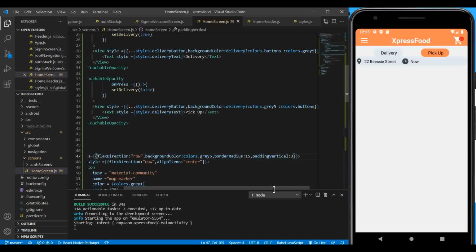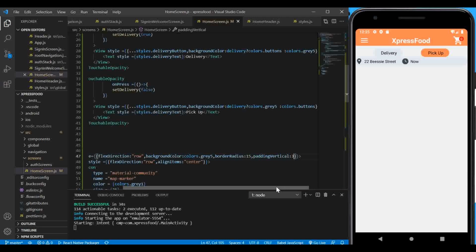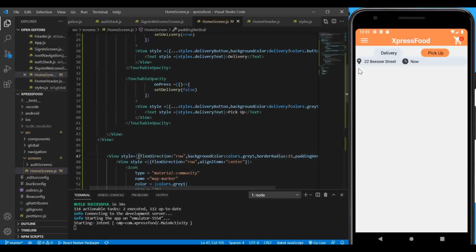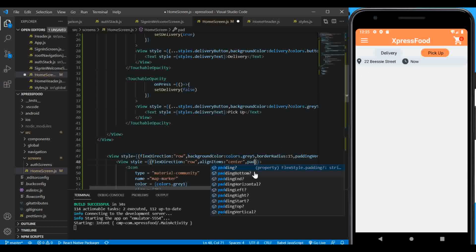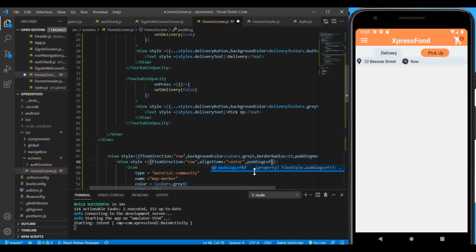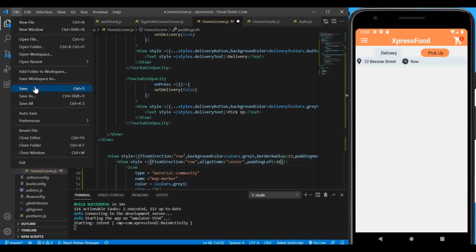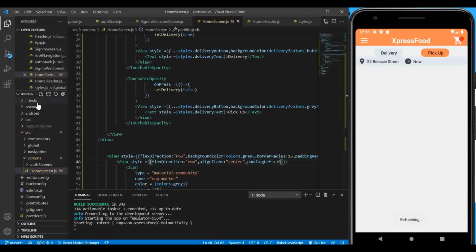And I'm going to pass some padding as well for this view here. So I'm going to say padding left, I'm gonna pass 10. Okay,